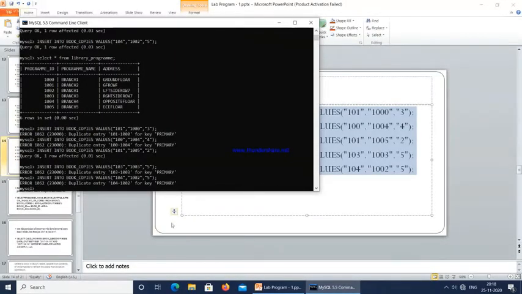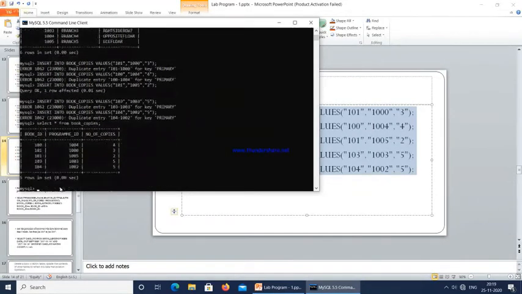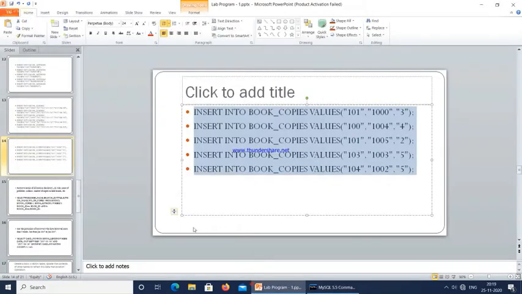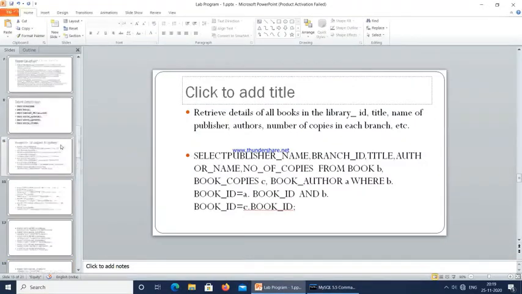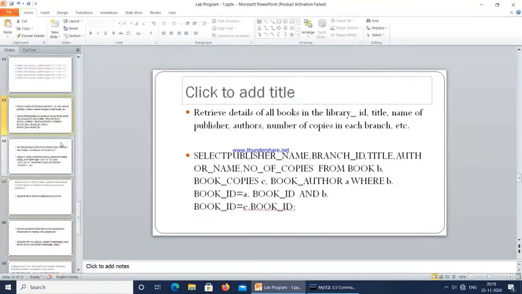We have inserted the data successfully. So let us see, select star from book copies. So now we have successfully inserted the data into all the tables.